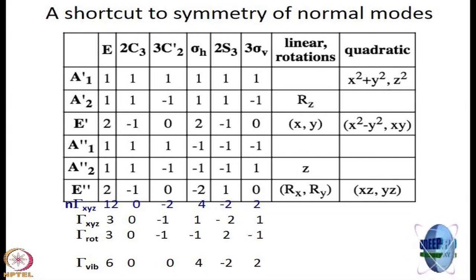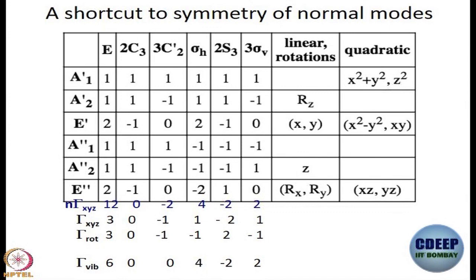Alright, what is the coefficient for A2 dash? Half? It won't be half. Anything other than half? See, this always is a check. The coefficient will never be anything other than a positive whole number, a positive integer. You cannot have half a vibration. Okay, let us work it out.